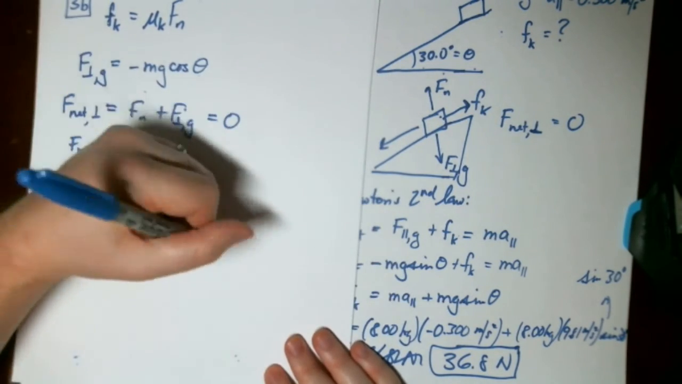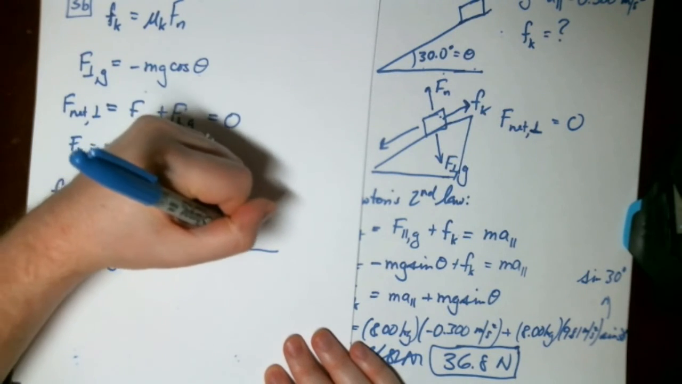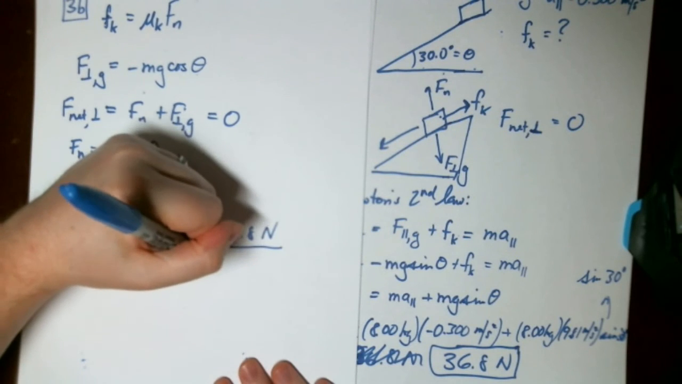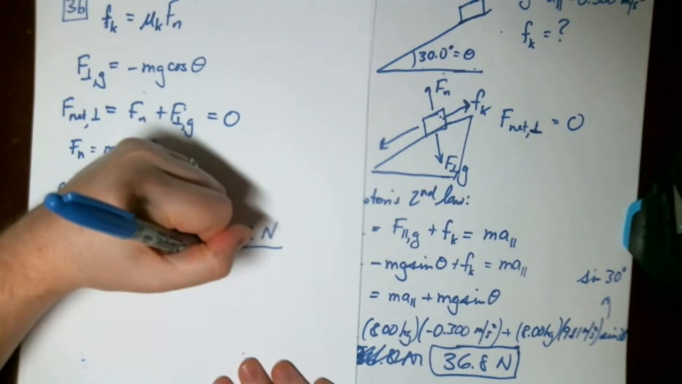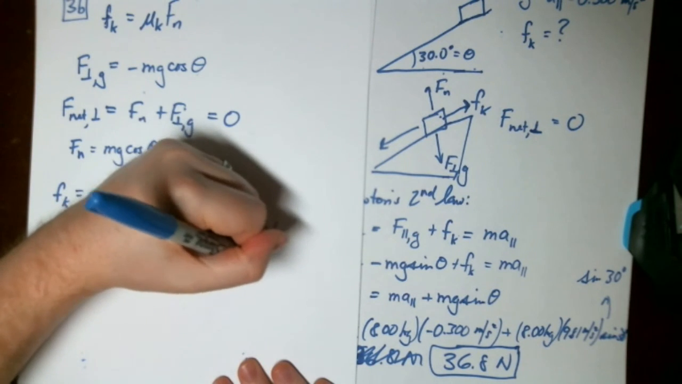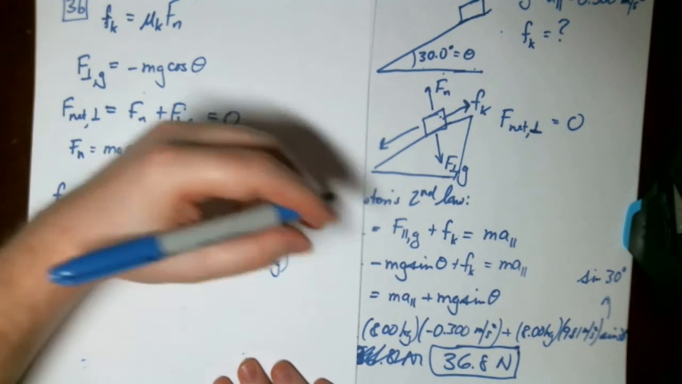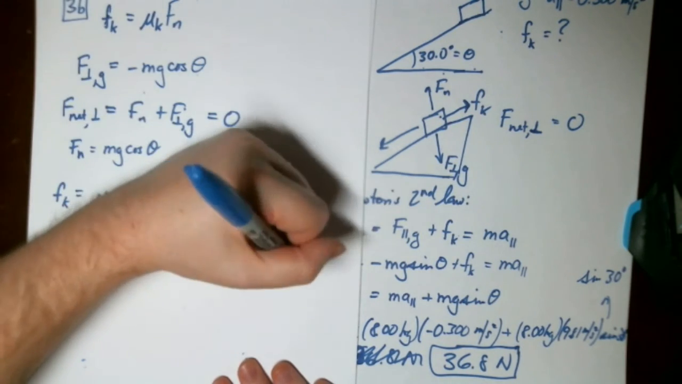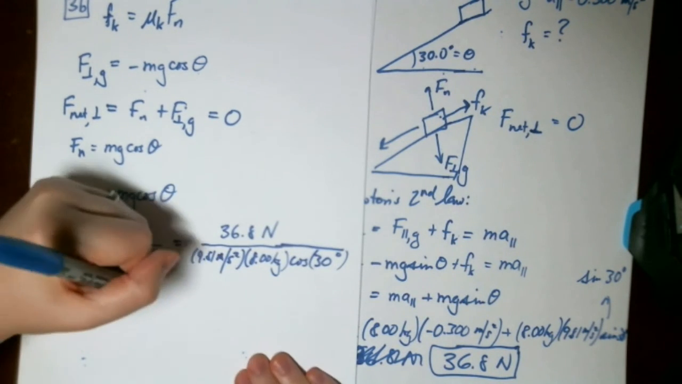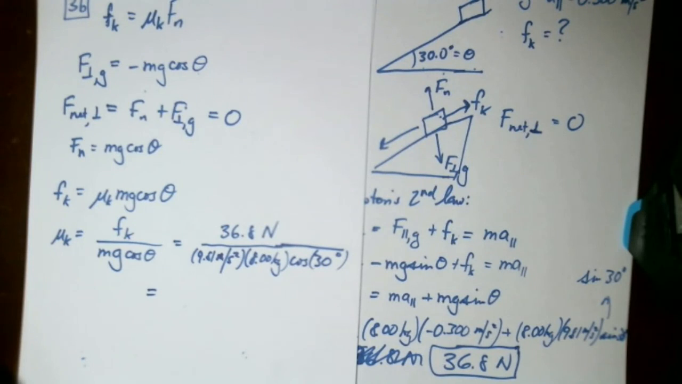And plugging numbers in, we had 36.8 as our friction force. We have 9.81 meters per second squared. We have our mass of 8 kilograms. Multiplication is commutative, so it doesn't matter what order I multiply them in. And then we have our cosine of 30 degrees. So if we plug those numbers into my calculator, I get a coefficient of friction of